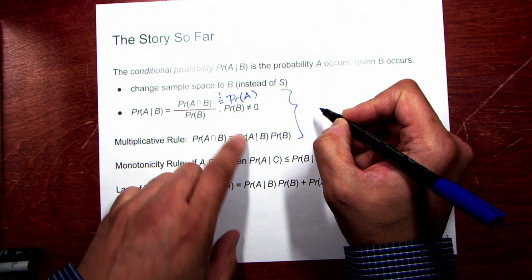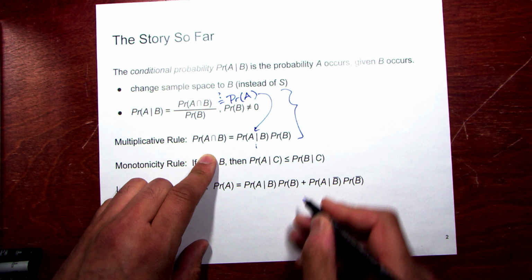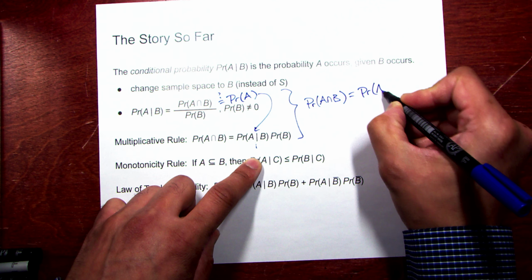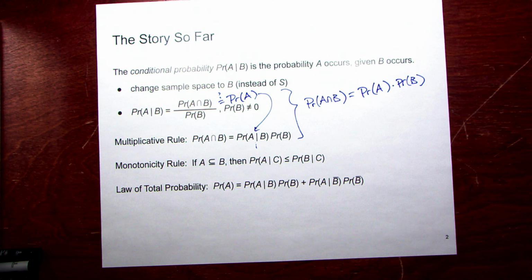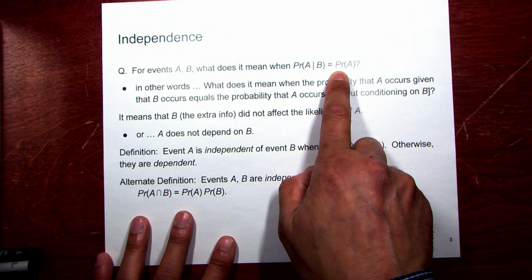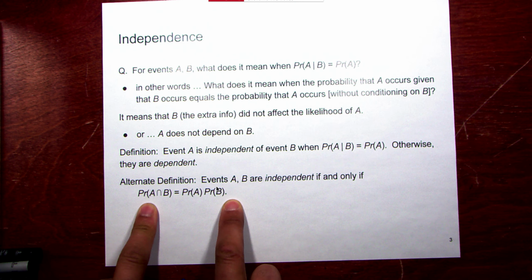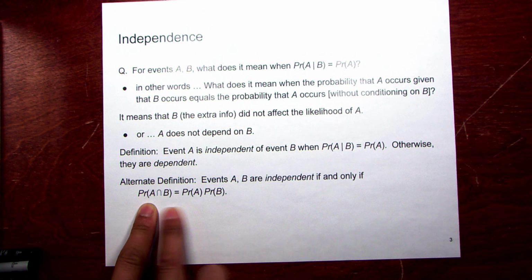Another way is to just sub this in for this. Either way you look at this, you cross multiply or just sub it in, you get the probability of A intersect B equals the probability of A times the probability of B. So that is indeed the definition of independence. If the probability of A given B equals the probability of A, then A is independent of B. That's the definition I like. Other textbooks do something a little bit different. They just define two events as independent if this equation holds. And the reason I don't like this as much is that